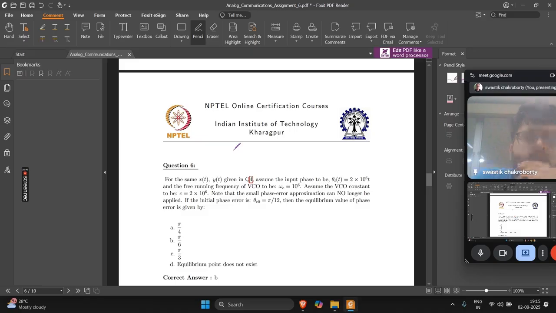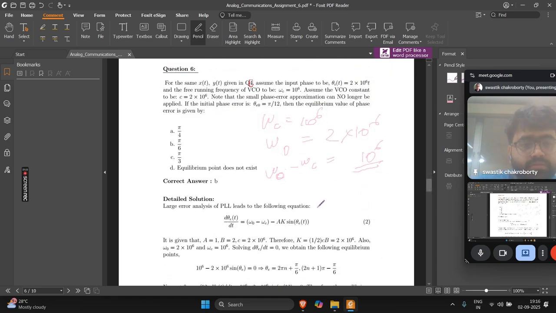So here the difference between the free running frequency, omega c, which is 10 to the power 6, and omega naught, the input frequency, which is 2 into 10 to the power 6. So the difference omega naught minus omega c is equal to 10 to the power 6. So that is huge. So we cannot apply the small phase approximation analysis. Thus, we will have something called the large error analysis of